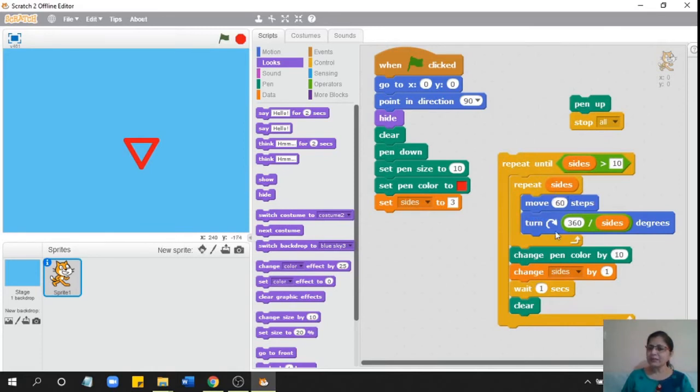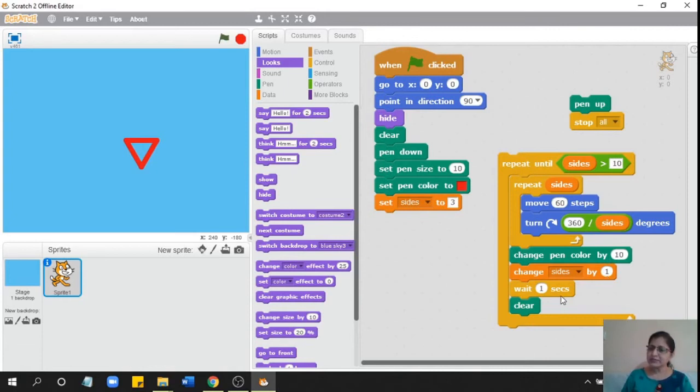So what will happen is, it will draw a 3-sided figure, then it will change the pen color, it will change the sides by 1, so it will become 4-sided now. It will wait a second and then clear, and then it will again do this. It will now draw a 4-sided figure, change the pen color, change the sides by 1, so now it will become 4 plus 1, 5.